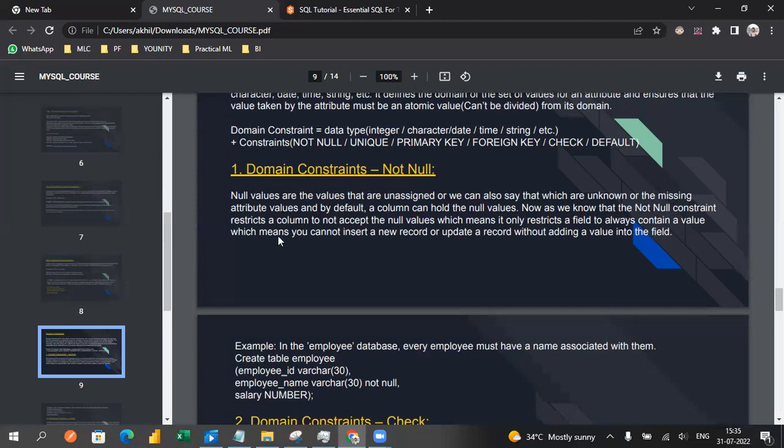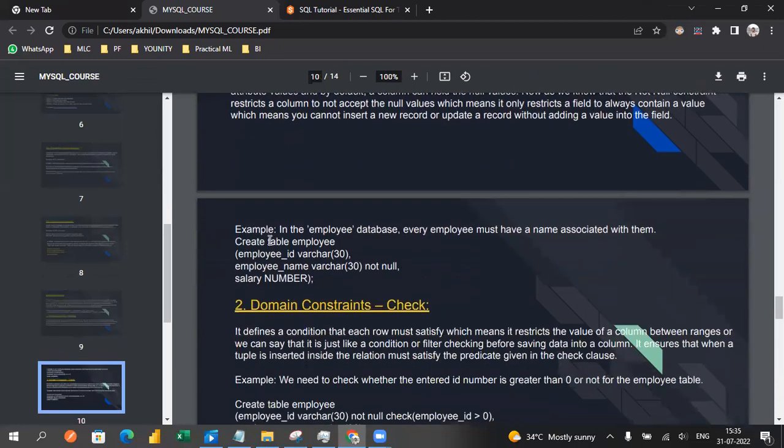If you take an example like an employee database, an employee must have a name associated with it. So I'm just creating a table. We already discussed how to create a table and how to insert values. I'm creating a table using create table employee. Employee is the table name and employee ID is a column name with the data type varchar 30, giving some